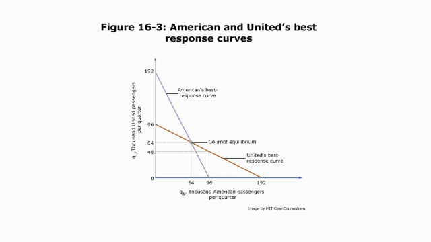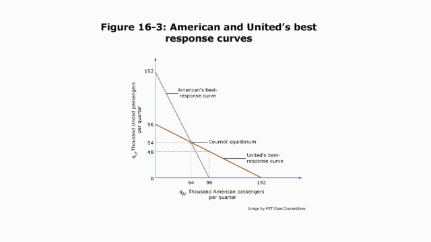Yeah? What are the 192 points? The 192 point is sort of odd. The question is the following: at what point would American produce 0? How much would United have to produce for American to produce 0? Well, they'd only produce 0 if United was producing 192,000. Only at that point would they say, forget it, we're just going to produce 0. That's what the 192 point means. Only if they knew United was producing all that much would they drop out of the market. So that's the 192 intersection. It's sort of a backwards way to read the curves.